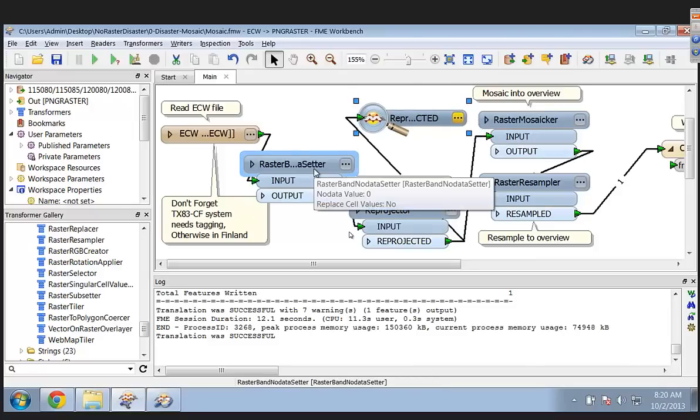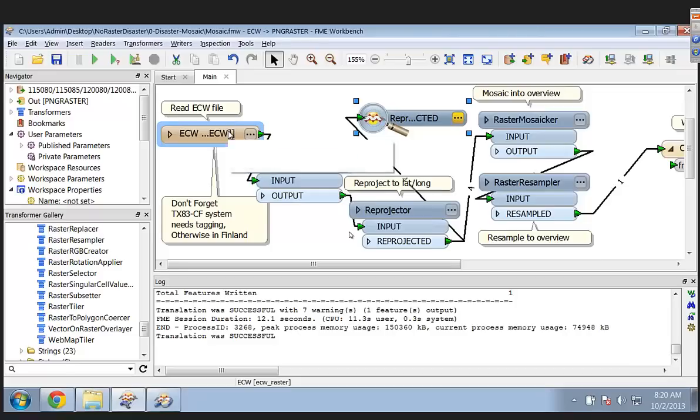So generally, if you read from any of these lossy formats, you will not have a no data or a transparency. Right. And so by giving it this hint about no data, that allows the rest of this workflow to have that in its toolbox and produce a much more pleasing, nice result. The other thing I would add is that in this case, it seemed kind of straightforward to say, let's reproject first and then mosaic and then resample, and that's because that's the way you think of your workflow.